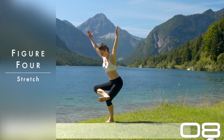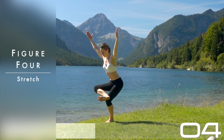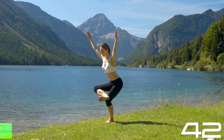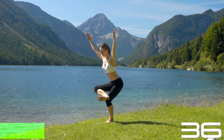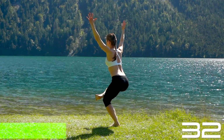Perfect. Last stretch, right side, left side. We're starting with the right. Right ankle is crossing over the left knee. And now, however you want to do it, you can either just bend the hips and knees slightly and just sit back, or you're going full on sit back as much as you can until you feel that stretch in your piriformis, deep down in your